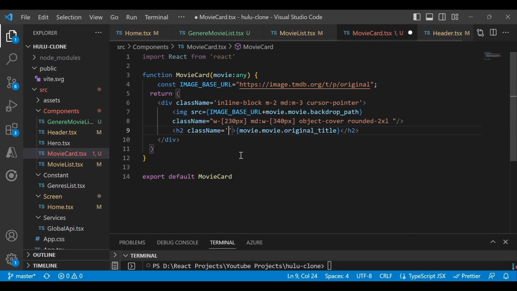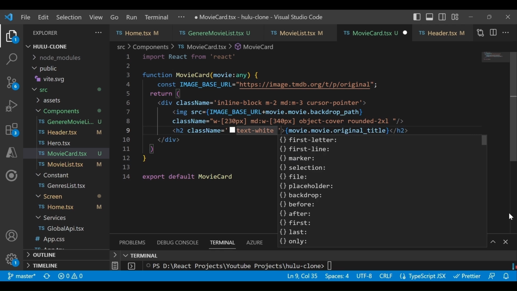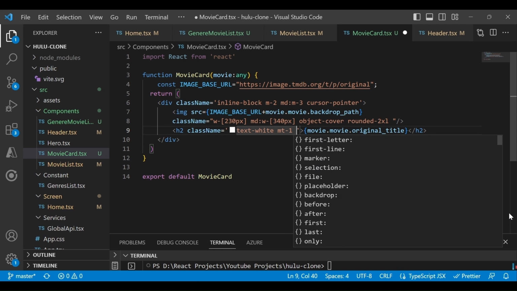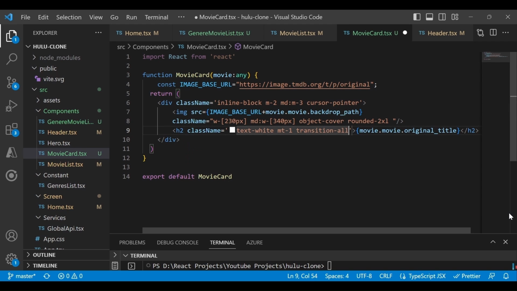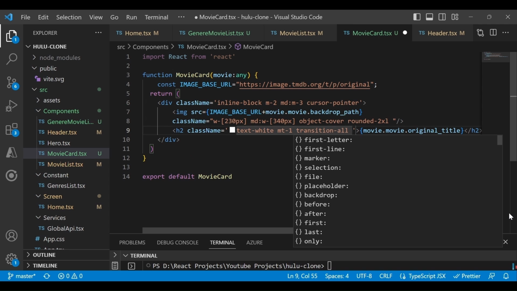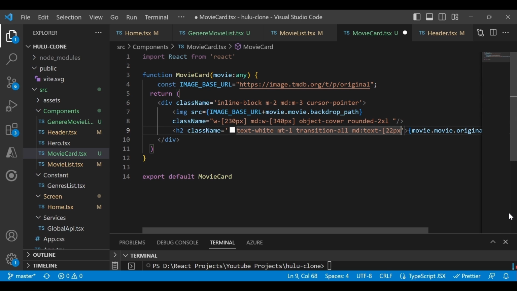So write class name, and inside that we'll give the text to be white, then margin top I will give 1, give the transition all if you are doing some animation or something like that, right? And if the screen size is medium or larger, we'll give the font size of 22 pixel.